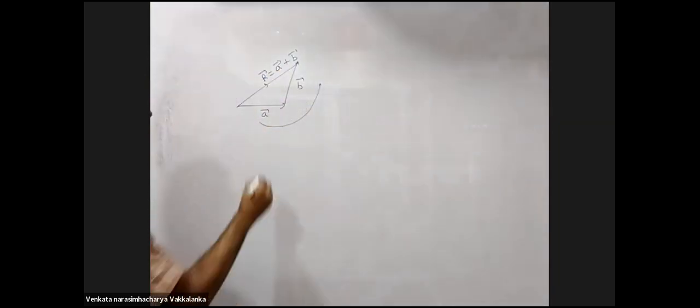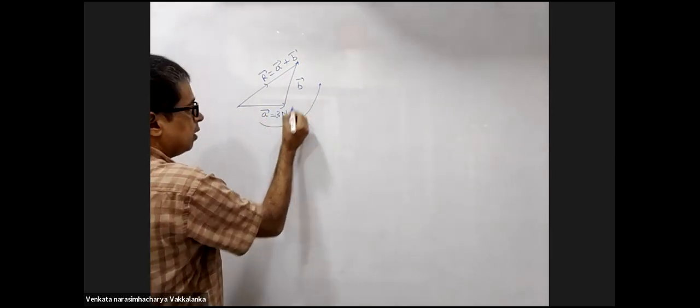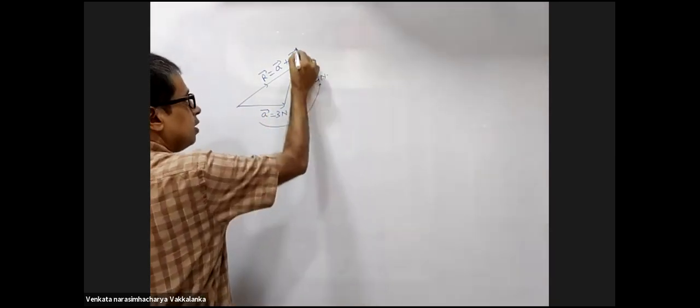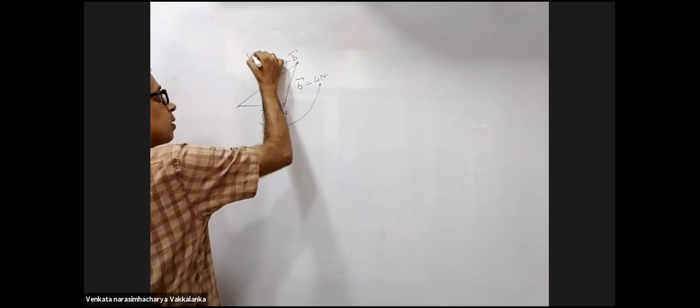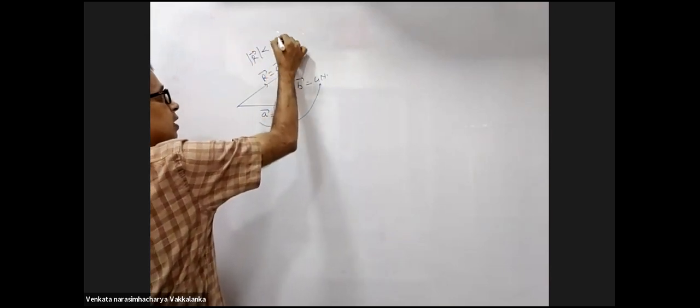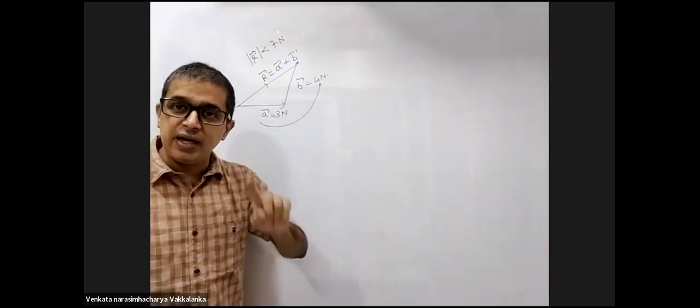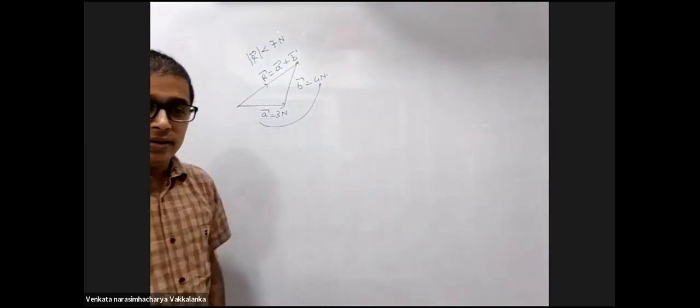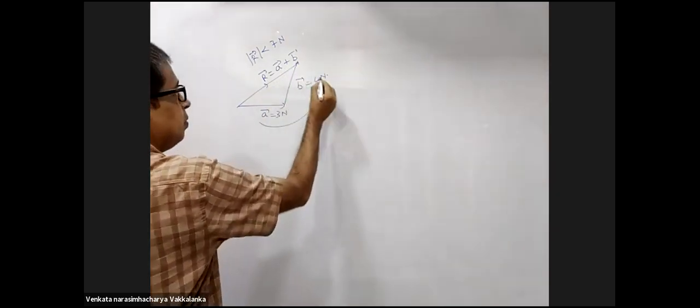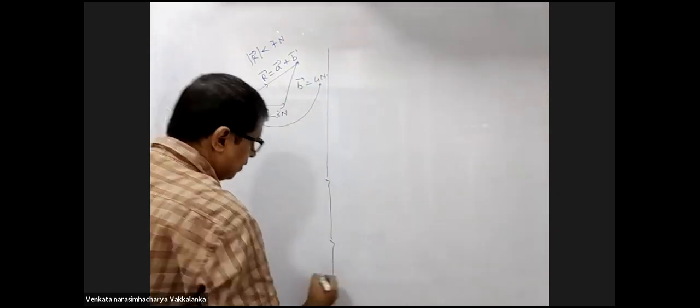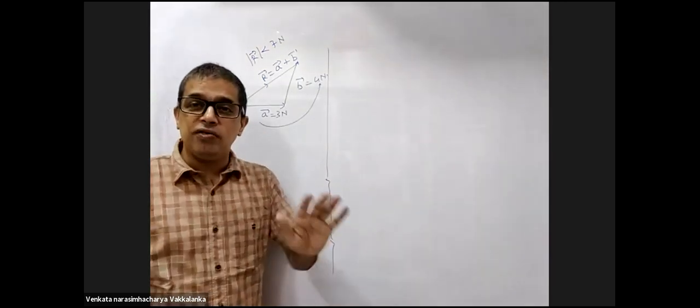This we should measure by length. Don't tell me this is 3, this is 4, so this will be 7. A is 3 Newton, B is 4 Newton. This will not be 7 Newton. The magnitude of R will be less than 7 Newton, because the sum of two sides of a triangle will always be greater than the third side. If it were a right angle triangle, then that would be 5 Newton. This is the triangle law of addition, which we learned.